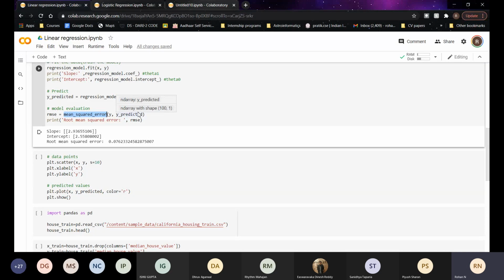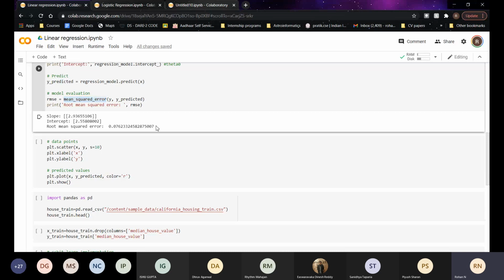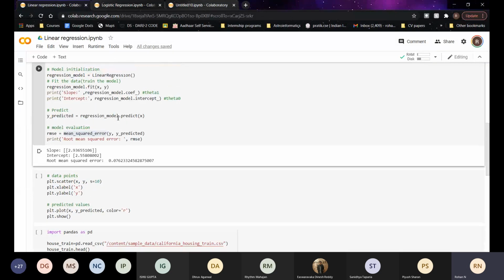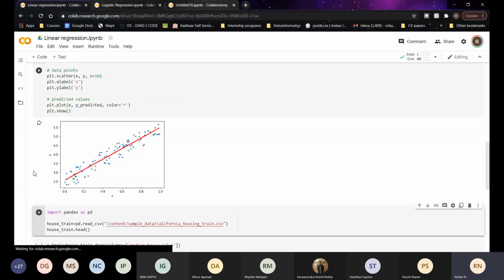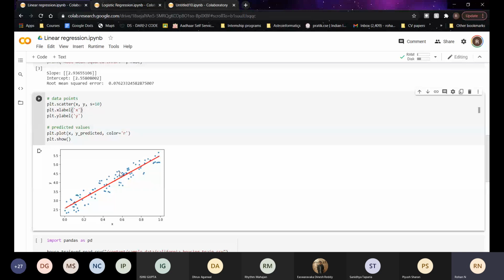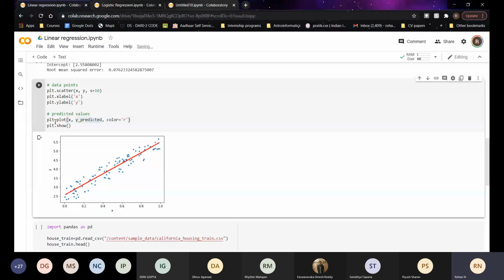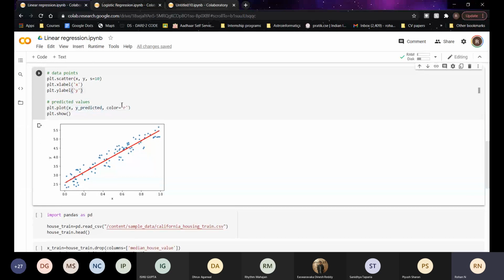Let me show you the visualization of the line. We can see it is very nicely fitting the points. Here again, this plt.scatter I explained. S is nothing but the size of each point, and plt.plot is used for drawing a line. We have 100 elements here and 100 elements here, so it just drew a line connecting all those 100 points.